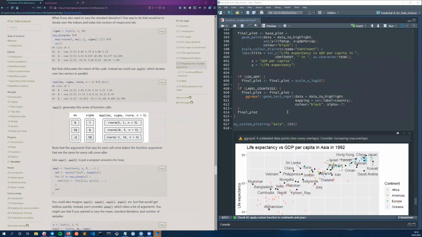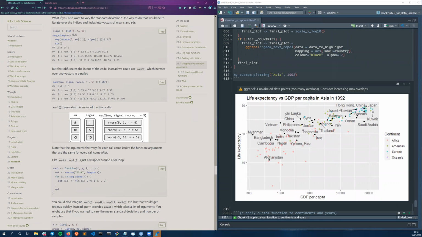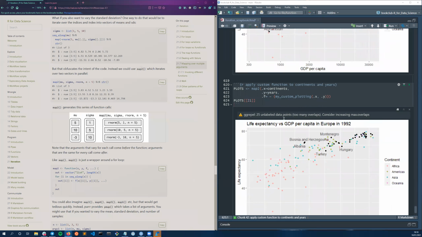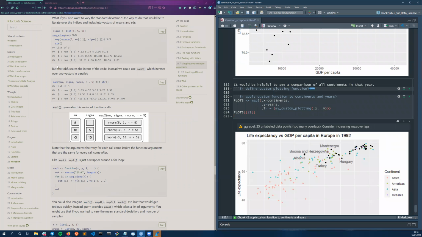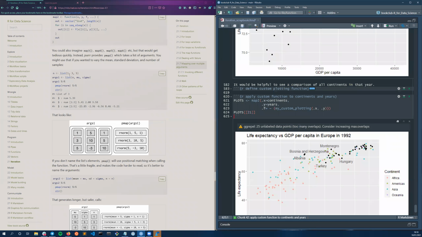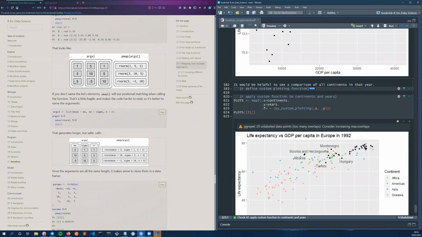Yeah, so I have something amiss when it comes to, for example, pmap. If you just look in the book on your right, when you're creating the list of arguments, should they be in a specific order as the function you're going to apply, or can you just make them in some order as long as you label them somehow? Yeah, exactly. So it says here, if you don't name the elements, then pmap will use positional